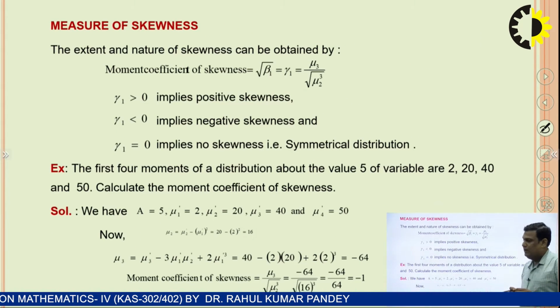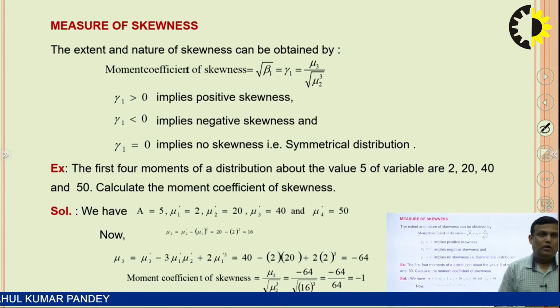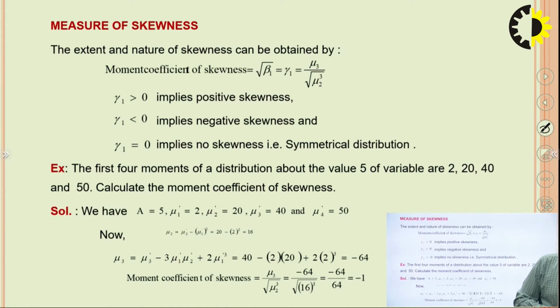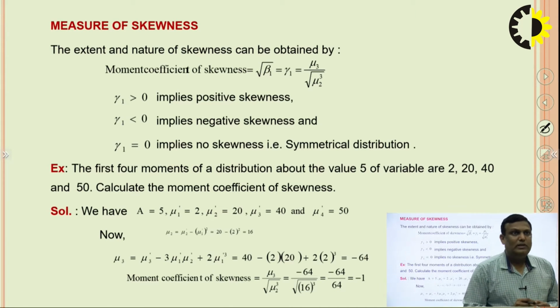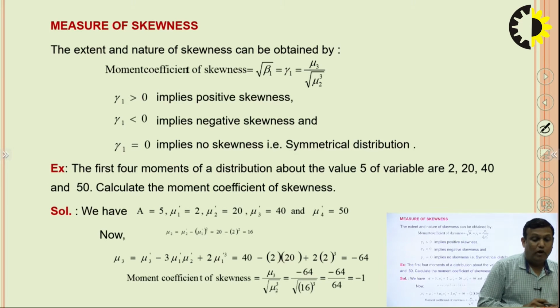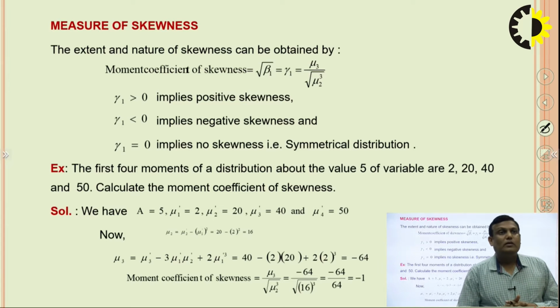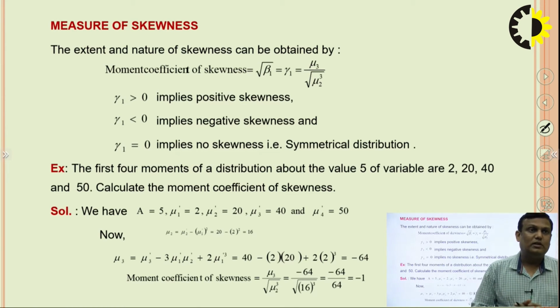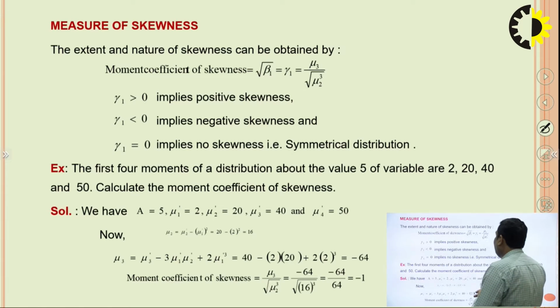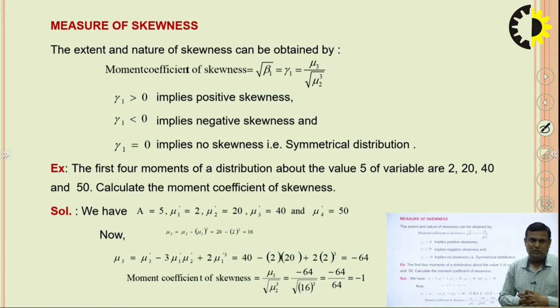Now, measures of skewness. How to check skewness? That means measures of skewness. And what is the calculation for checking the skewness? We use the moment coefficient of skewness. ठीक है? So the extent and nature of the skewness can be obtained by the moment coefficient of skewness, and it is denoted